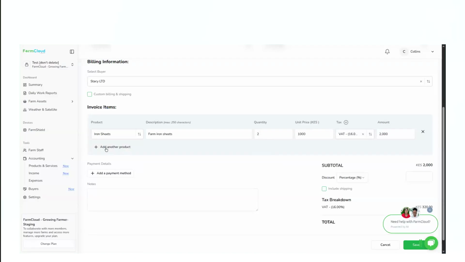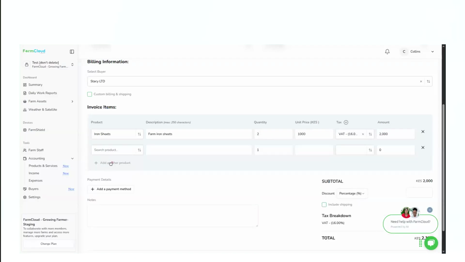So afterwards, if you want to add another product, maybe you want to invoice two products, then you can press this button and then, let's say tractors. This time, let's pick a product that we are growing in our farm. Let's say Bachen High Quality Harvest. Quantity is 10. Say price for one, it's 1,000 again. Then the VAT says